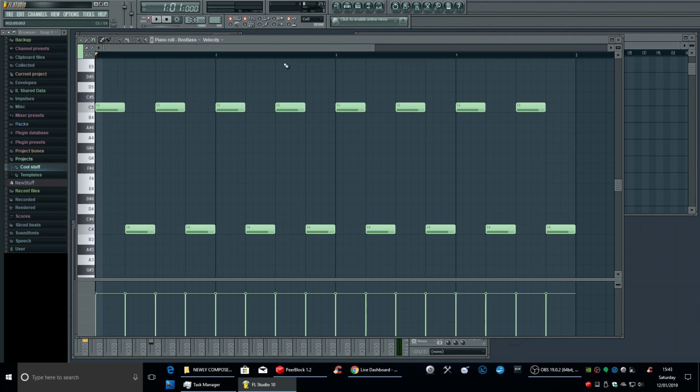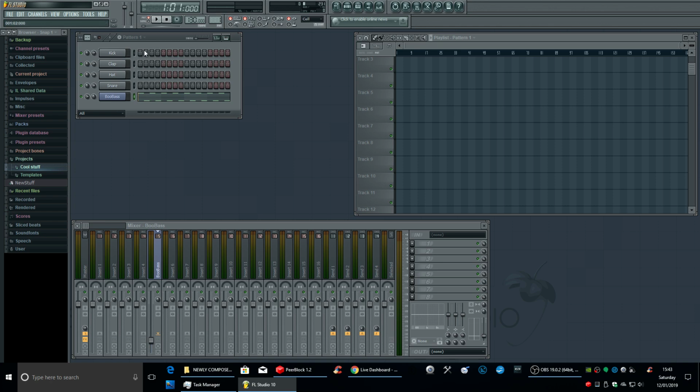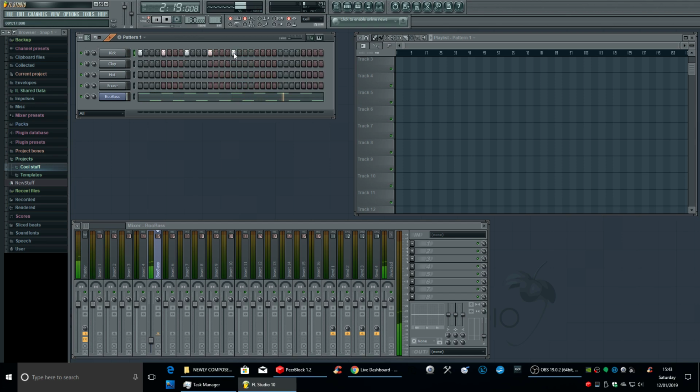Right, so now what we can do, there's your basic bass line in there. Now, just to give it an idea of what it sounds like, I'm going to put a kick in it. Obviously it needs to be a little bit longer because that's only 4 bars. So what we can do, because this is 8 bars, this is the full 4 bars and this is just 1 bar of the 4, we can grab this little icon here and we can put it up to 8, which will now give me the full bar.